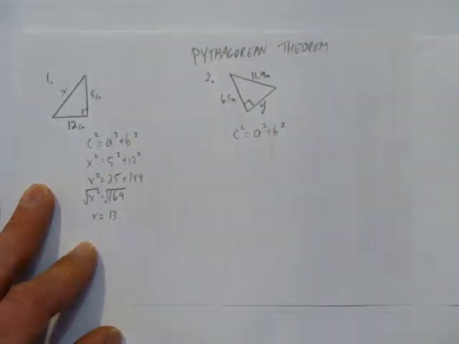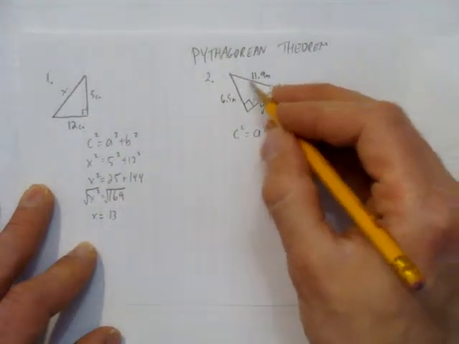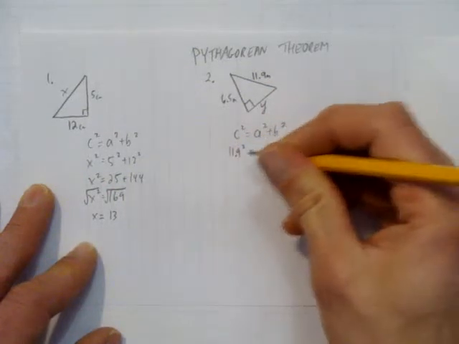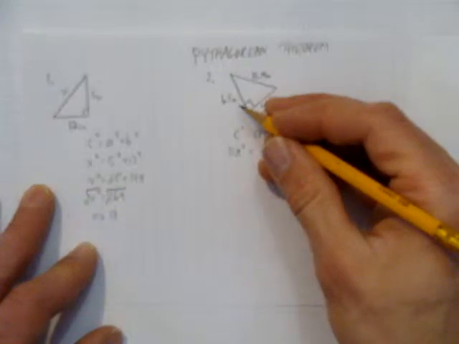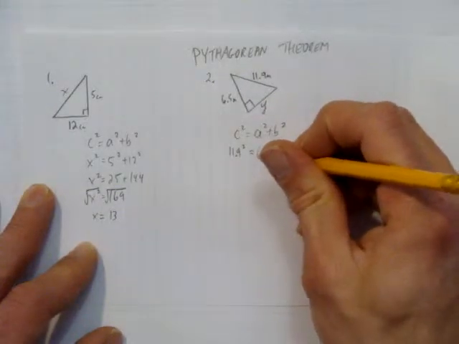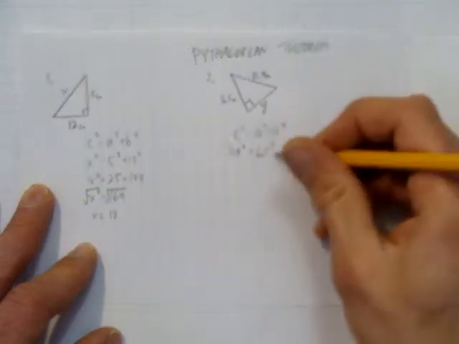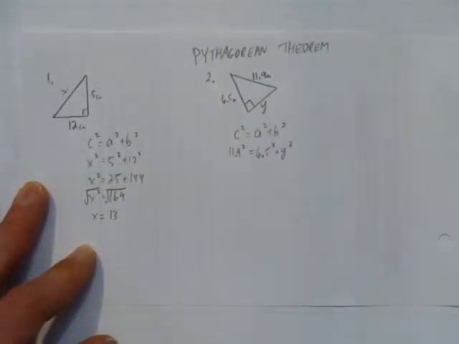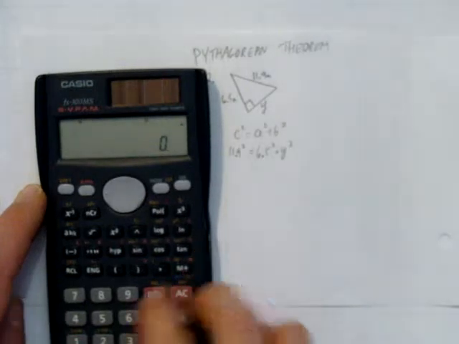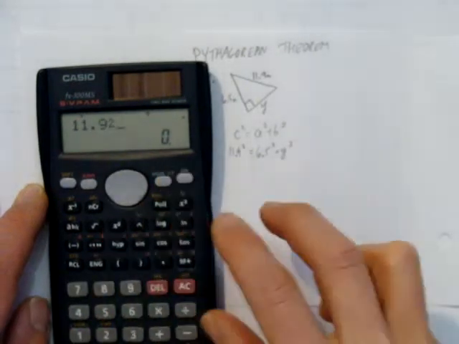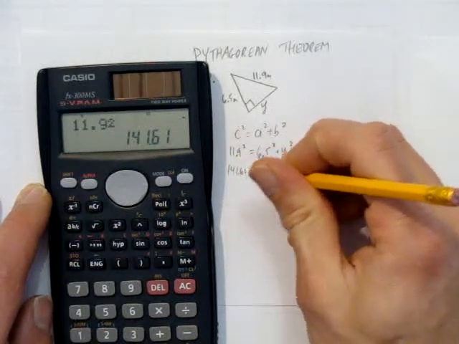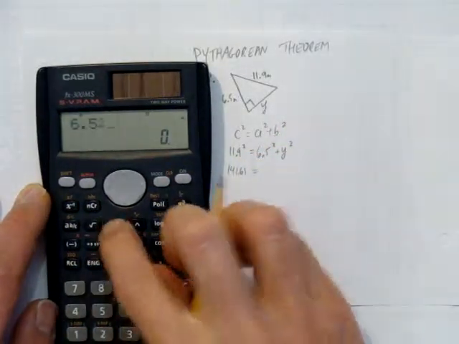That's Pythagorean theorem. But the c squared has to match up correctly to this longer side, the hypotenuse, which is 11.9. So we do 11.9 squared, and then we can pick either one for a and b. Say a is 6.5 squared, b is the y squared. So on our calculator, let's calculate 11.9 squared. You get 141.61 equals 6.5 squared,